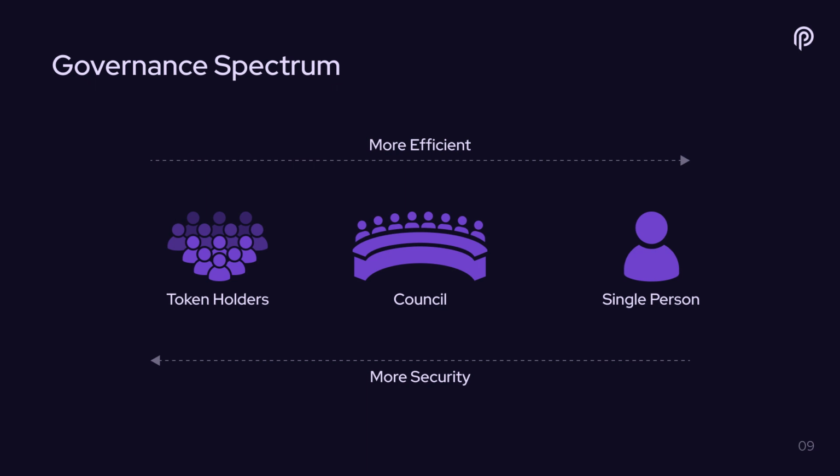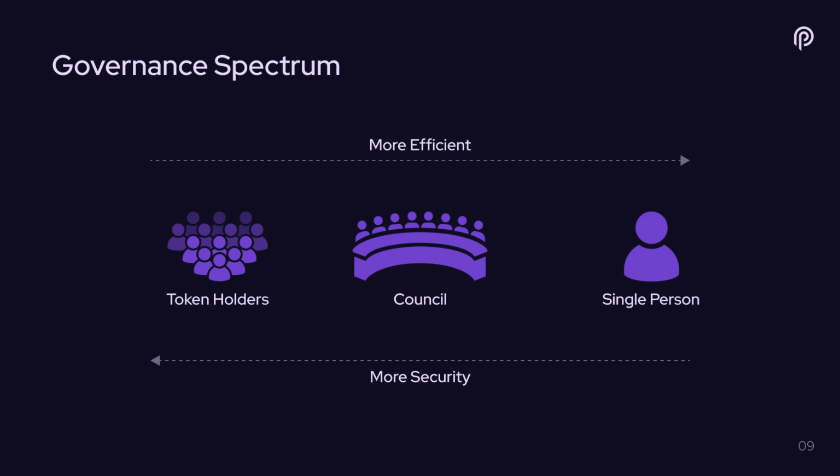On the other side of the spectrum, you could delegate all the powers of the DAO to a single person, right? So this person would be like a dictator. And a dictator would be efficient. Whatever they wanted to do, they could do, but it wouldn't be very secure, right? If they decided they wanted to be malicious, they could very easily be malicious. So I think a good middle ground here is to create something that I'm going to call a council. And a council is basically a multi-sig where you have a number of members on the multi-sig, and there's some threshold where, as long as say 5 of 8 members vote for a proposal, it gets done.